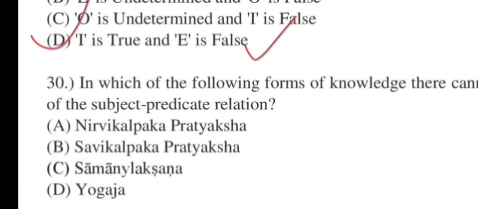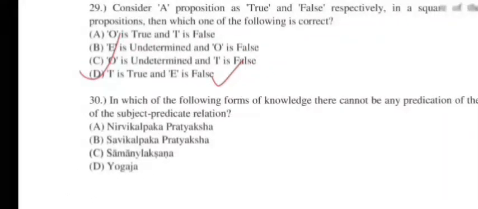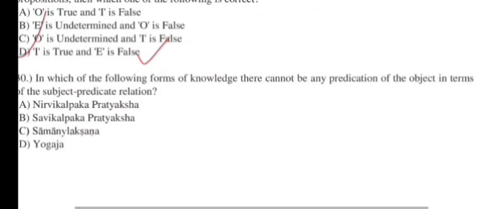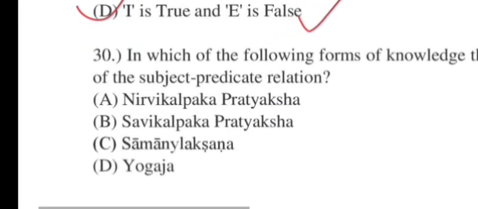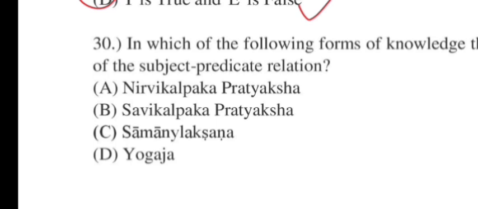30 says, in which of the following forms of knowledge there cannot be any prediction of the subject in terms of the subject predicate relation? These are the options for you. A, B, C, D. Nirvikalpaka Pratyaksha, Savikalpaka Pratyaksha, Samaya Lakshana, Yoga Ja. 30, it will be Nirvikalpaka